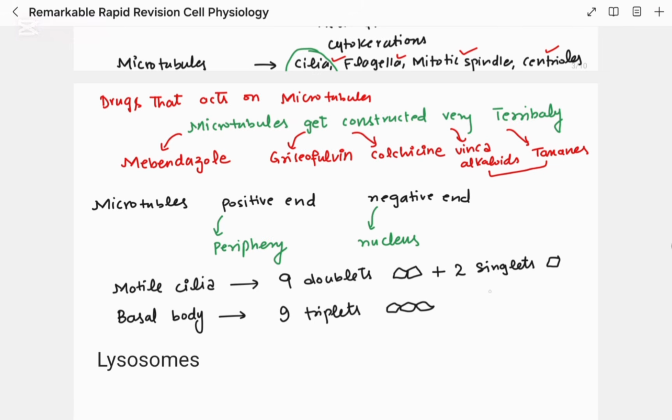So there is a disease known as primary ciliary dyskinesia, in which there is an immotile cilia. So cilia is very important because wherever in the body movement is required to move secretions out, there cilia are present, like the respiratory tract, like the genitourinary tract. So one of the syndromes that is associated with primary ciliary dyskinesia is Kartagener syndrome. So Kartagener syndrome has primary ciliary dyskinesia and also